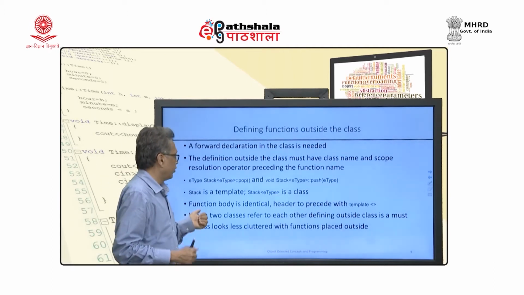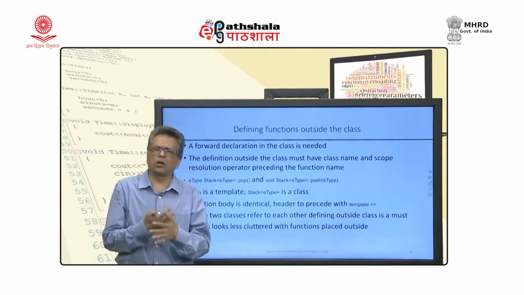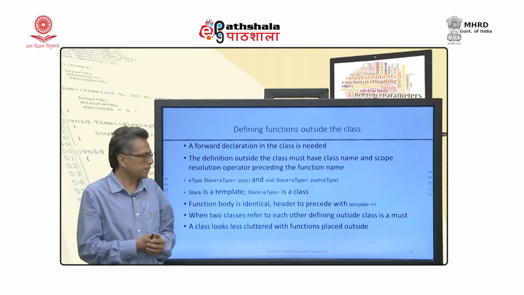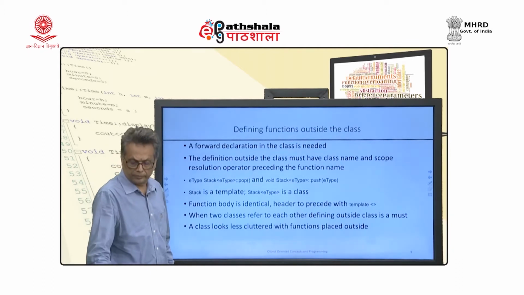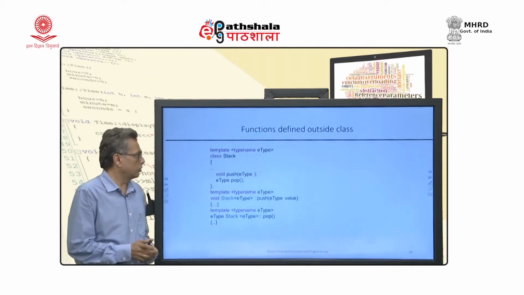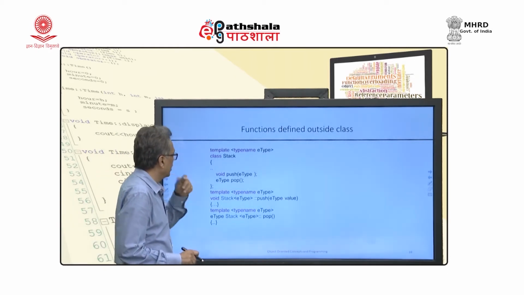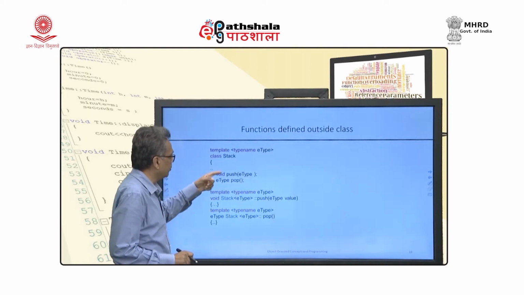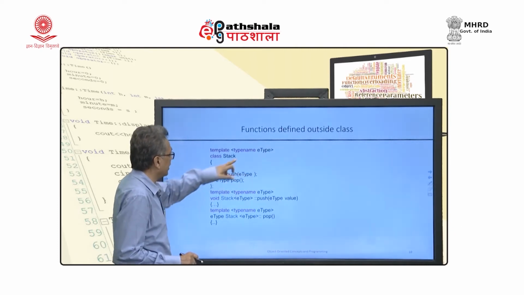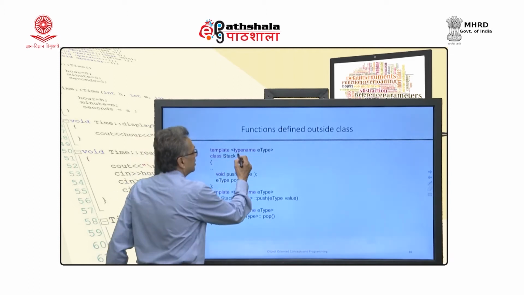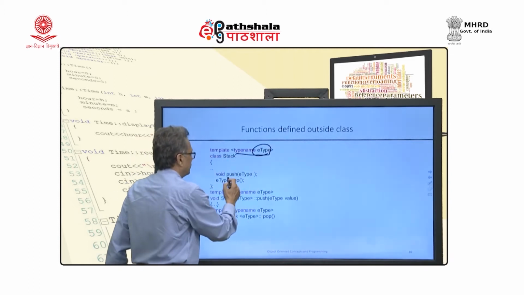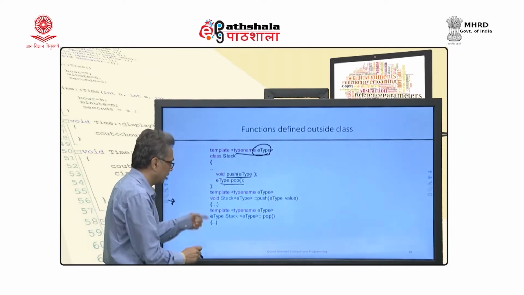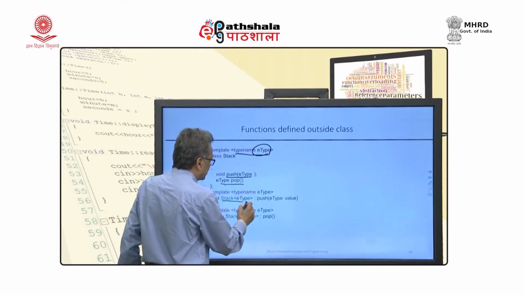Okay, fine. So, the member functions are all template functions, their body is identical, the types are different. So, how is that done? What I do is I declare push and pop here with that E type, which I have already made a generic type. I am declaring push and pop, and I am defining them here. So, it is basically the stack E type.